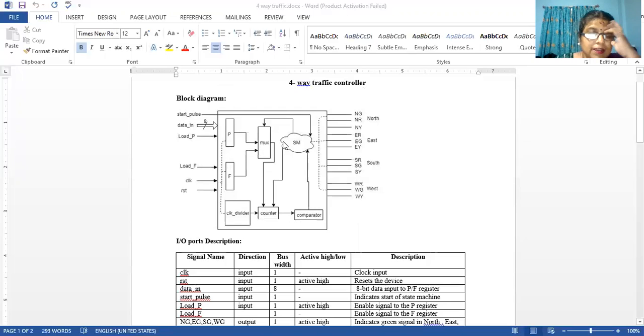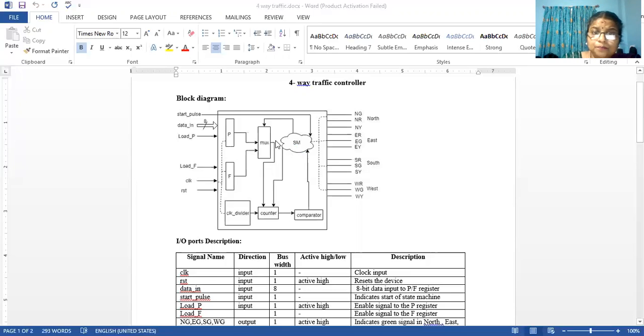In the block diagram, there are a few signals coming into the block and a few signals going out of the block. This block consists of combinational logic and sequential logic. What do we mean by combinational logic? Combinational logic consists of nothing but gate circuits.